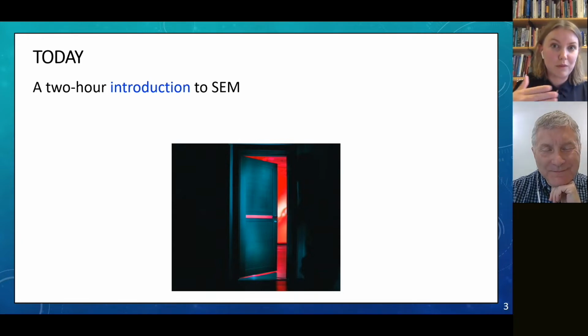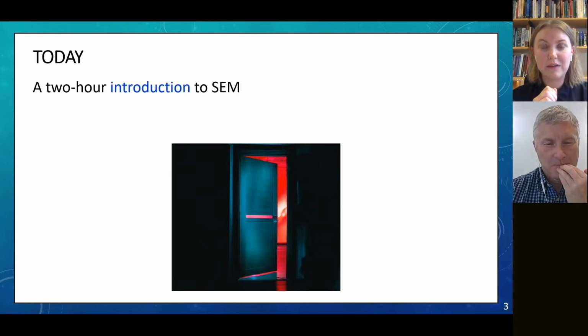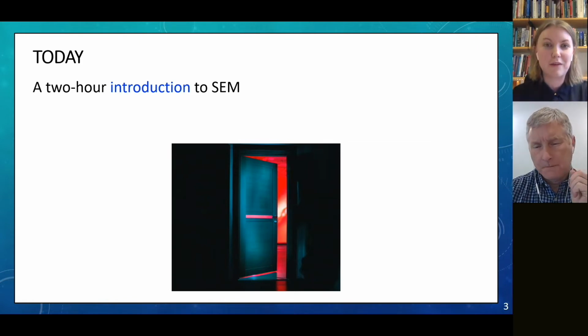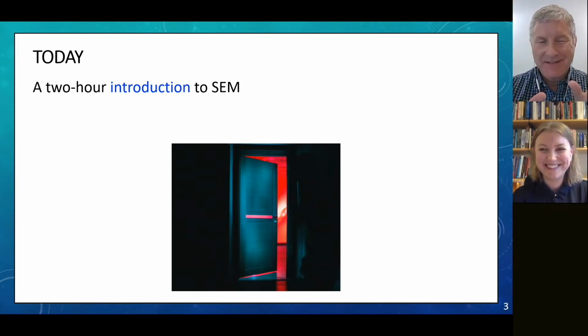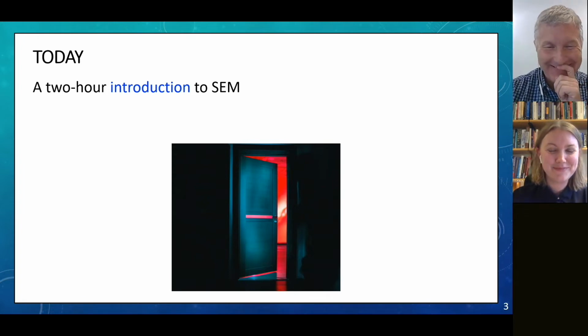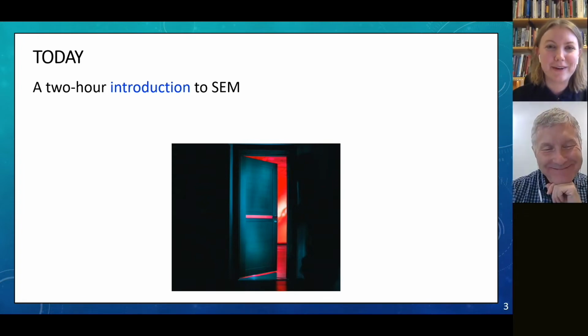that I really like, open some doors for you so that we can shine a light in there and say, okay, in this room we have this, in this room we have that. And if you find that some of these techniques are potentially relevant to you and to your research, then please, after this workshop, go out and learn more about them, because again, we can't cover everything here. And it's not as scary as the red room would seem to suggest. I don't know where you got that picture. It's not really that scary. Right. Red is a nice color.